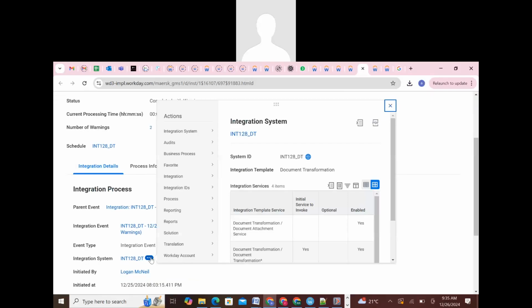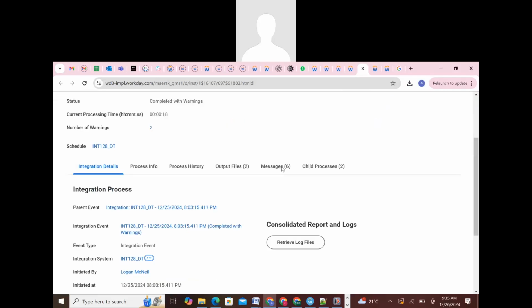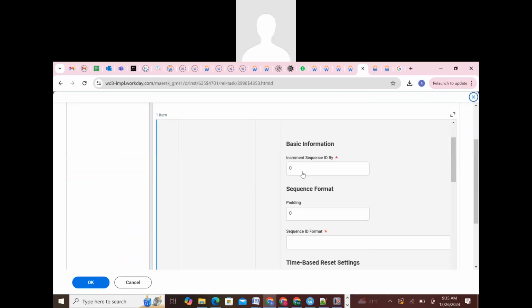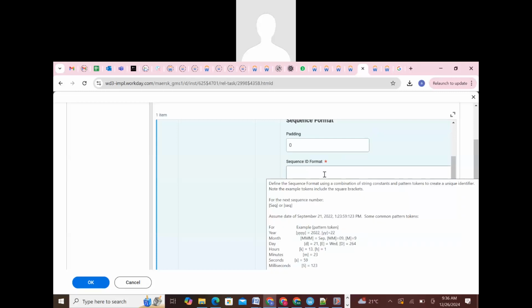How did we create it for core control workers? In the integration system, enable transaction log, configure integration sequence generator. In the core control worker, first we select the configure integration sequence generator service in the integration service. Then it will be visible under the integration system, guys. For the date it is available by default, guys. Okay, just click OK and give the increment by and format as